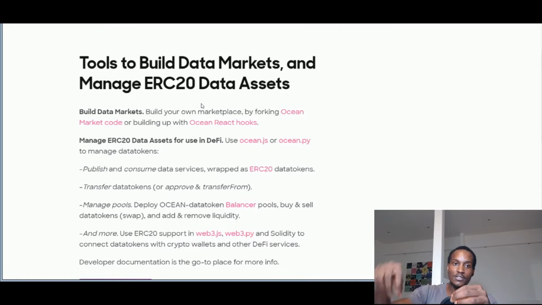So these are data tokens. Ocean Protocol and SingularityNET are highly Ethereum centered, but they understand the issues that come with scalability and all that. So most of these tokens will be ERC20 tokens. Your data is represented in ERC20 tokens. And the underlying smart contracts in the Ocean Protocol are also Ethereum-based smart contracts.